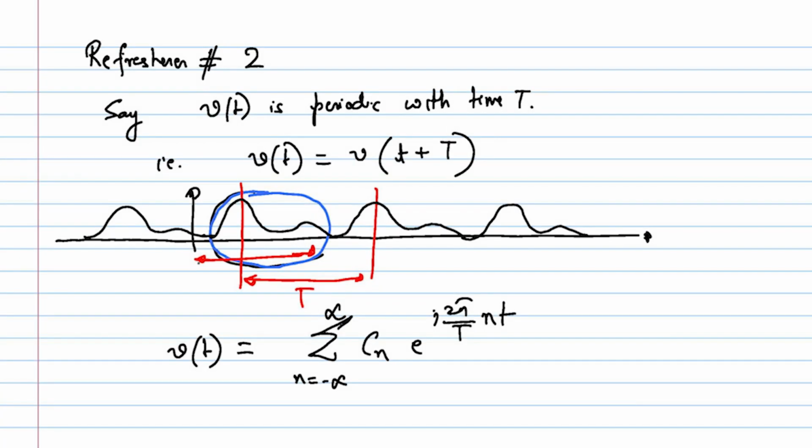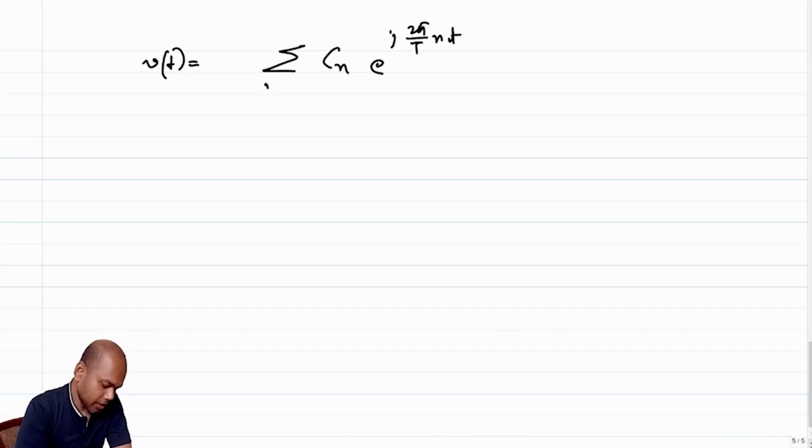Let me write it again. V(t) can be expressed as a summation of some complex number Cn weight times e to the power j 2 pi by T times n times t,